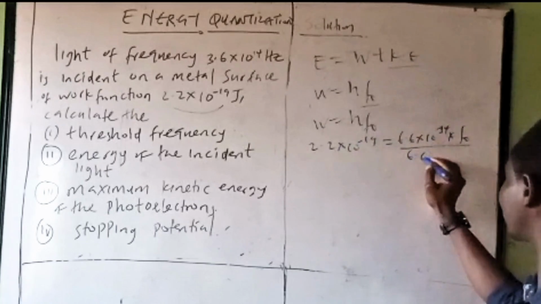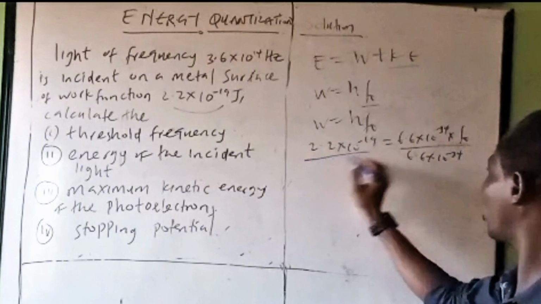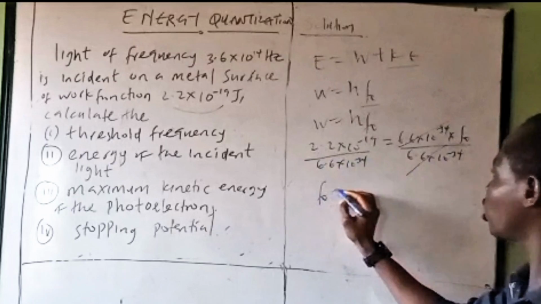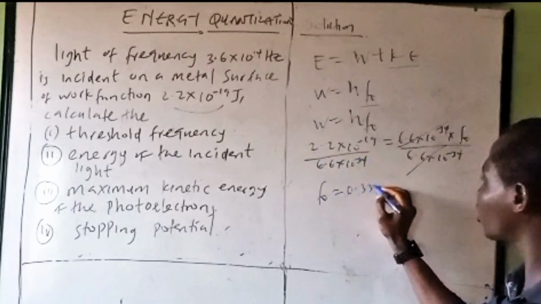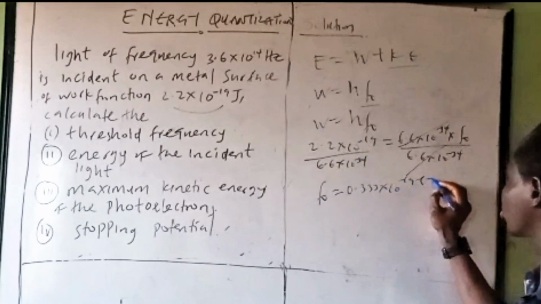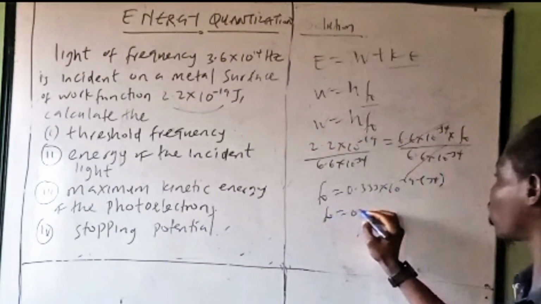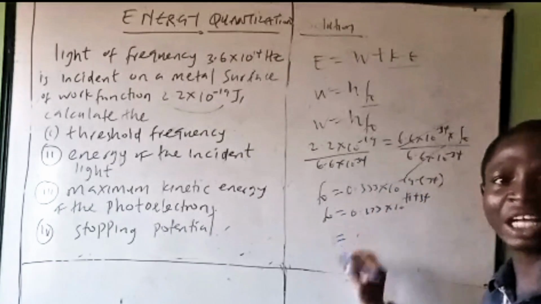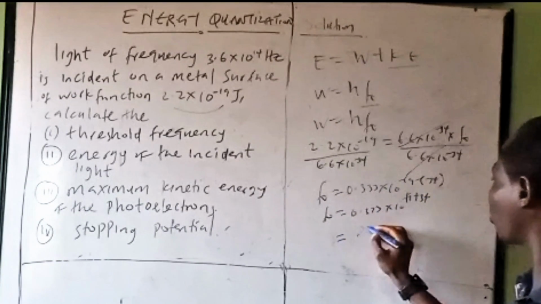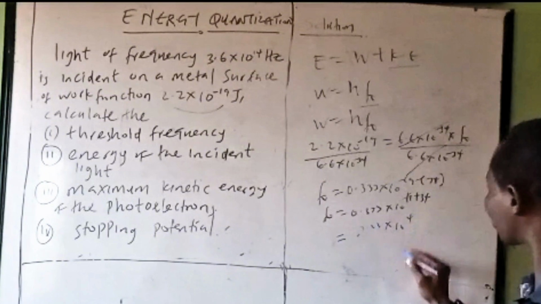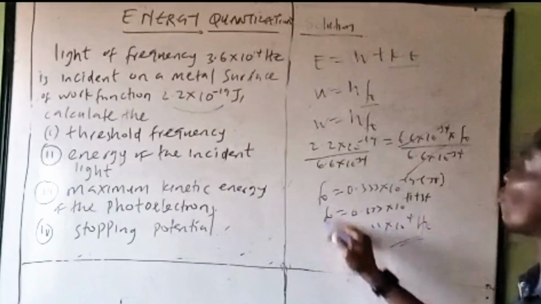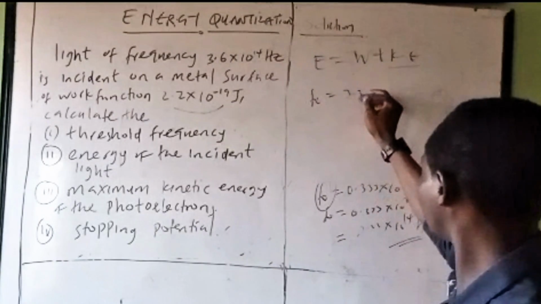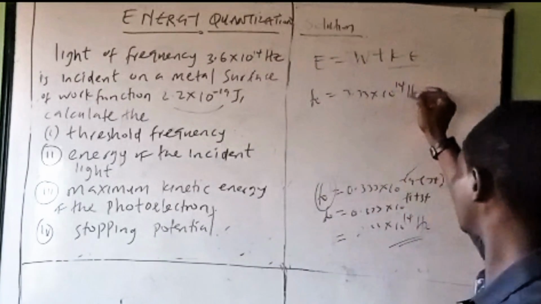So we divide by 6.6 times 10 raised to minus 34, divided by 6.6 times 10 raised to minus 34. When you have this cancel, you're going to have your f naught is equal to 0.333 times 10 raised to minus 19 minus minus 34. You're going to have f naught is equal to 0.333 times 10 raised to minus 19 plus 34. As a result of that, you're going to have 3.33 times 10 raised to 14 hertz. That's the unit of our threshold frequency. Since f naught is equal to 3.33 times 10 raised to 14 hertz, now